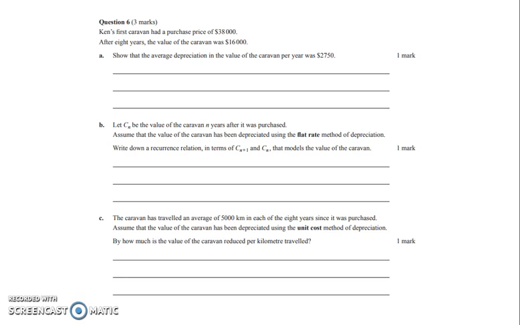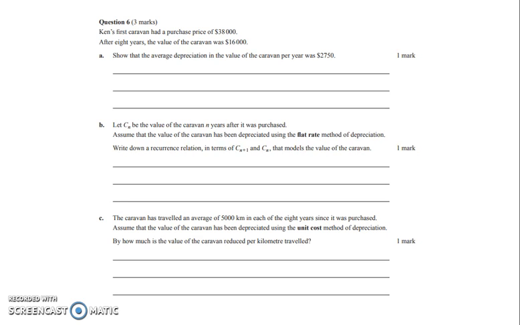So Ken's first caravan had a purchase price of $38,000 and after 8 years the value of the caravan was $16,000. Show the average depreciation of the value of the caravan was $2,750. So with this question, the first thing to look at is they haven't given any interest rates, they haven't spoken about compounding, they haven't spoken about anything like that. So you need to assume that this one's just a straight line depreciation, meaning it depreciates by a set amount